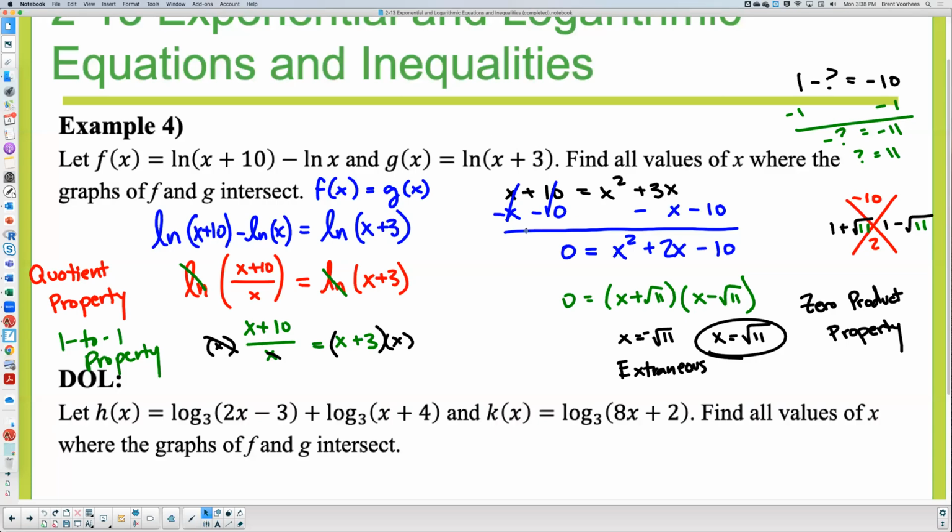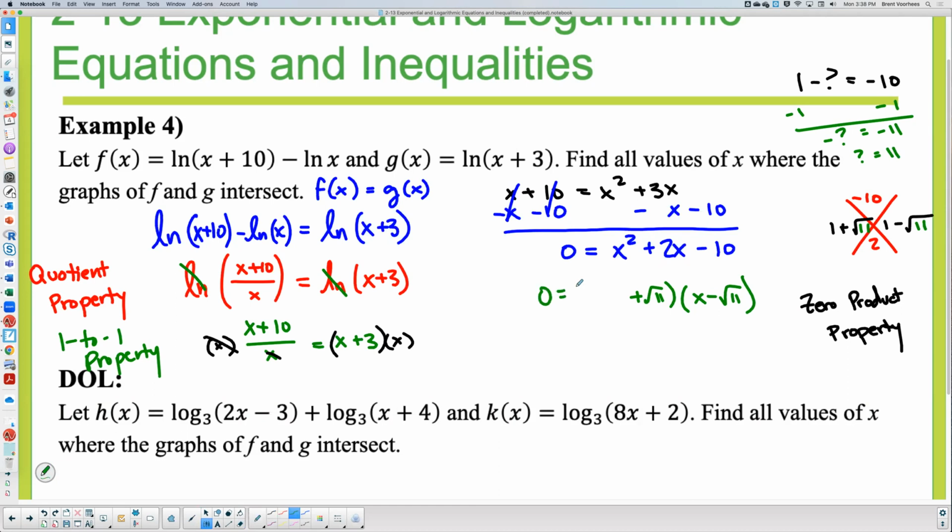Okay, and we can prove that these are extraneous just by plugging in the numbers. The negative square root of 11. You know what? I did not copy those down right. Let me erase this here. So the root, I have 1 plus square root of 11. So what I really need to have here is I need